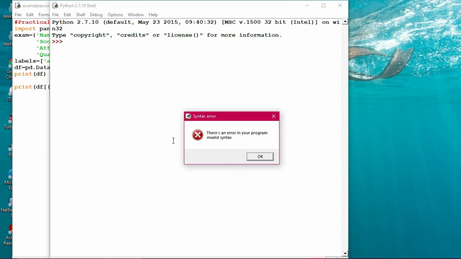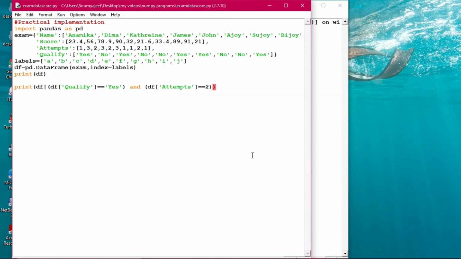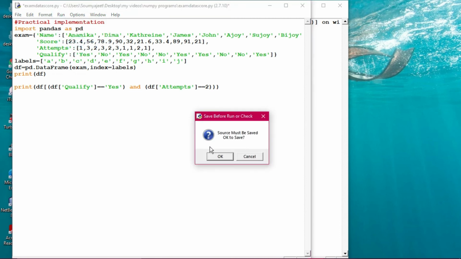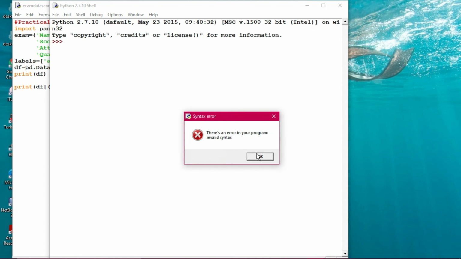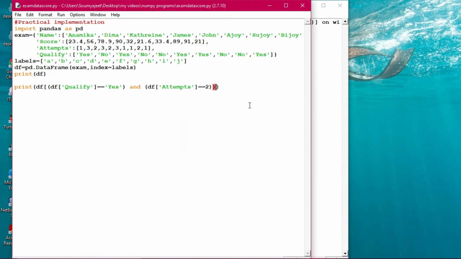Let's see, maybe some parenthetical error. I think one more bracket is to be given. Run module. Just a minute, so an error is coming out here now. Df and df here, qualify.